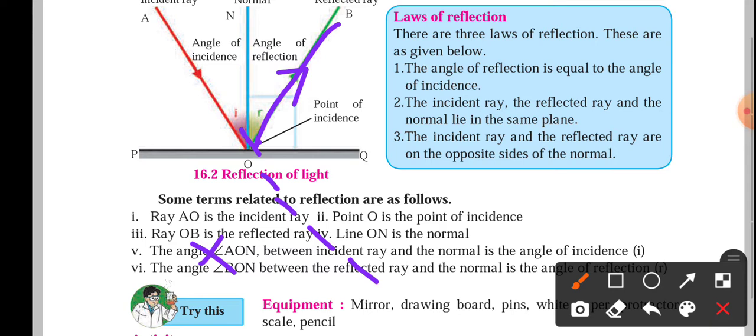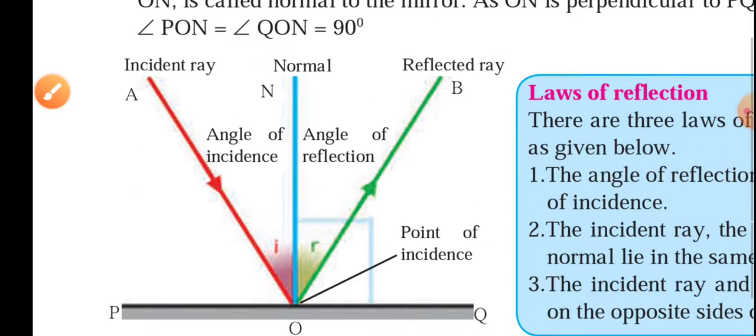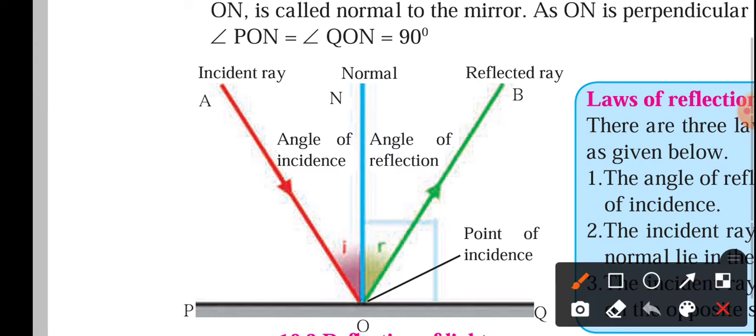So this phenomenon is called reflection of light. You can see over here, this was expected, but this is not happening, and the light ray is going in some other direction. This other direction, or this ray, is called the reflected ray, which is after the reflection. So after the reflection, light goes in some other direction, and that ray we represent as the reflected ray.